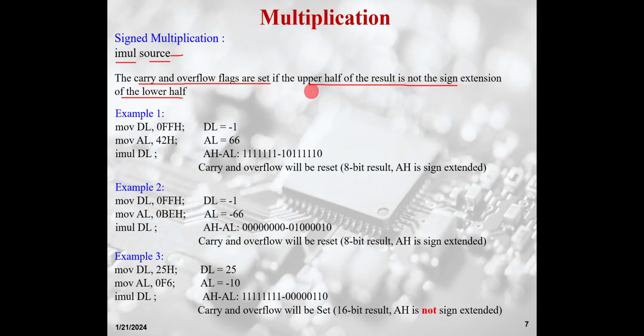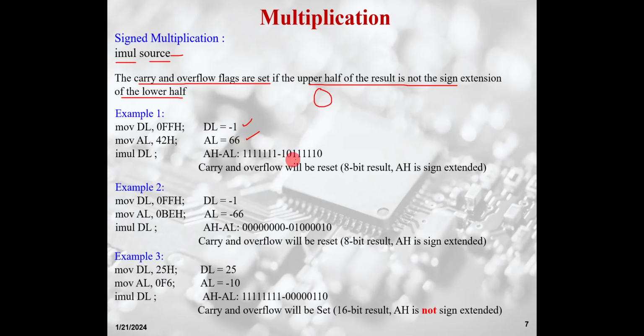That means if the carry and overflow are set, the upper half is not a sign extension of the lower half. So if you take an example, if I do minus 1 into 66,